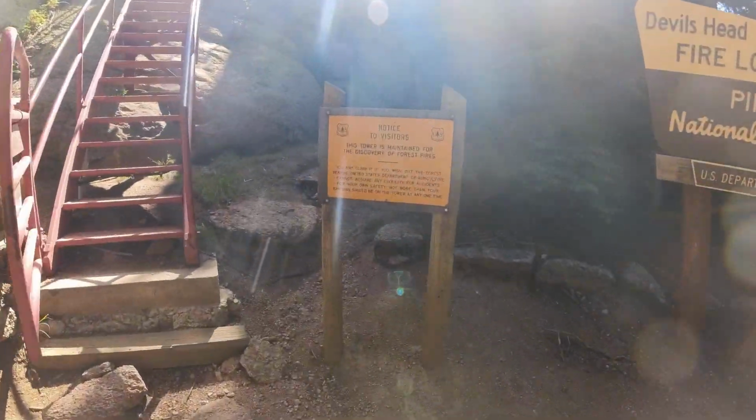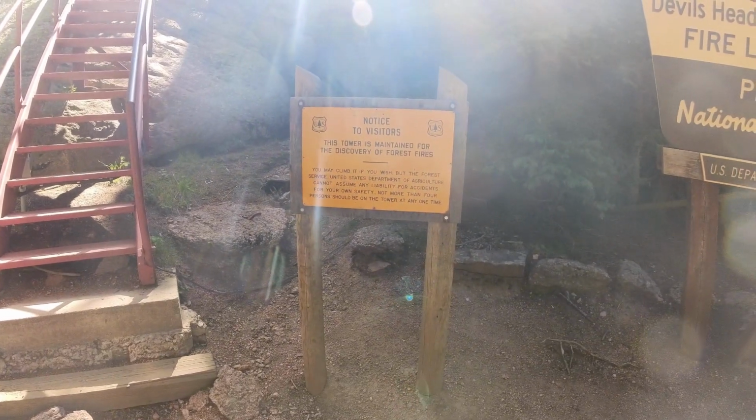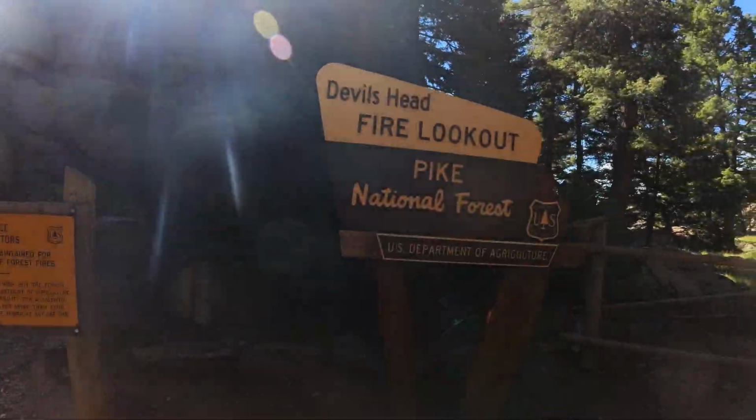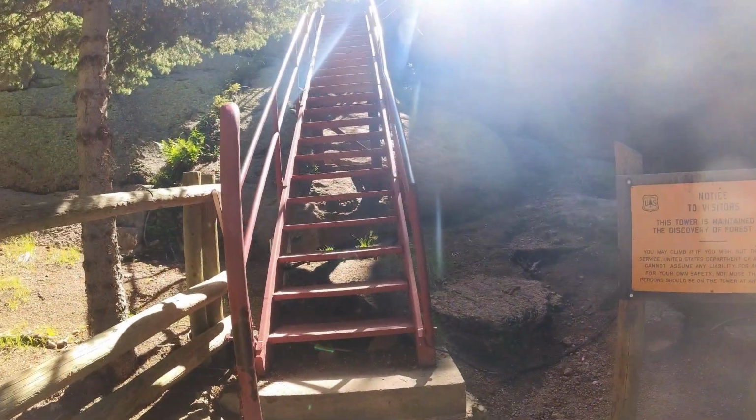You may climb if you wish, but the Forest Service cannot assume any liability for accidents for your own safety. No more than 4 persons on the tower at one time. So if I look up, there are no people. But this is the official Devil's Head lookout. There's no people behind me. There's no people coming down. So